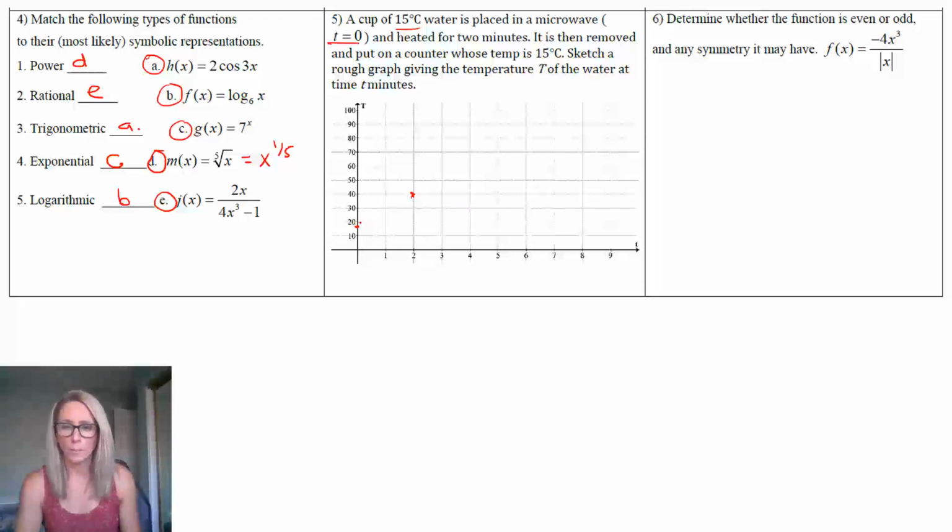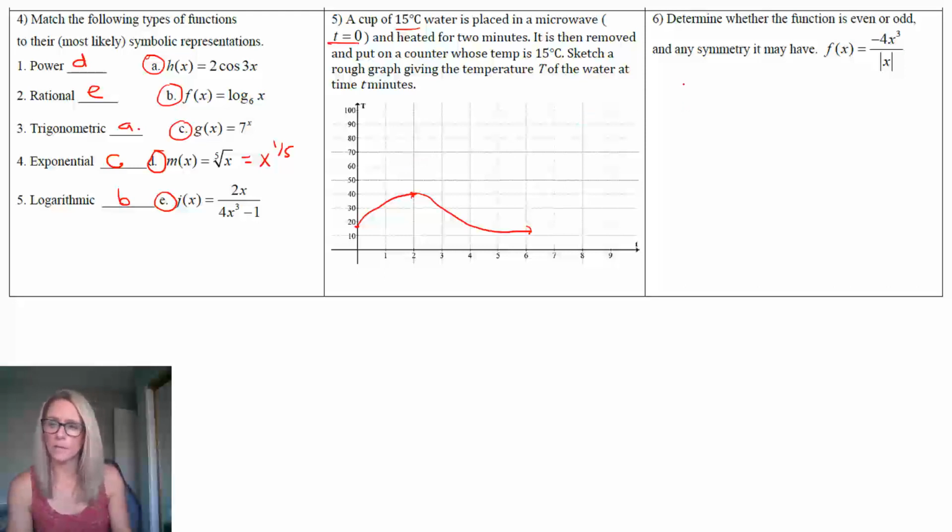So what we know is that it probably pretty quickly heats in that 2 minutes up to, say, 40 degrees Celsius, which is actually quite hot on the Celsius scale. And then over time, it is just going to sit on the counter. So it's just going to slowly reduce, and it should stay at that 15, right? If that's what it is outside on the counter, it shouldn't really be getting any cooler than that. And again, this is just a rough graph here. That's all. Time and temperature. So some real world mathematical model, just to remind you what that would look like.